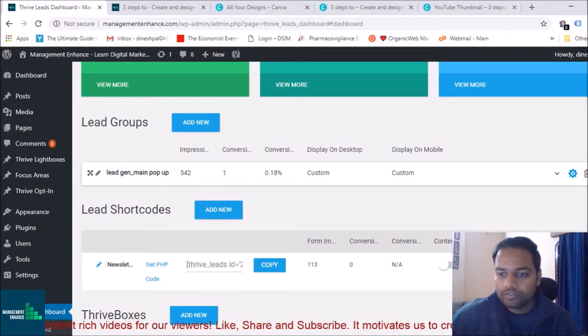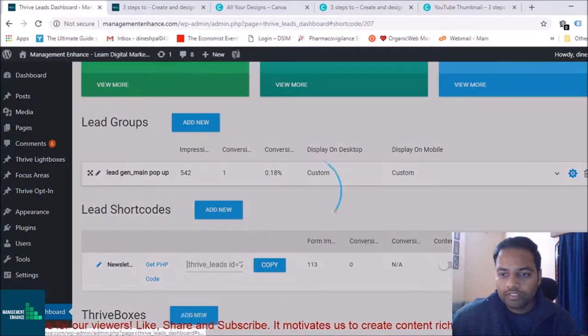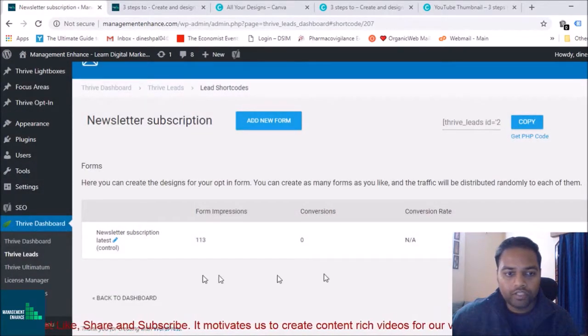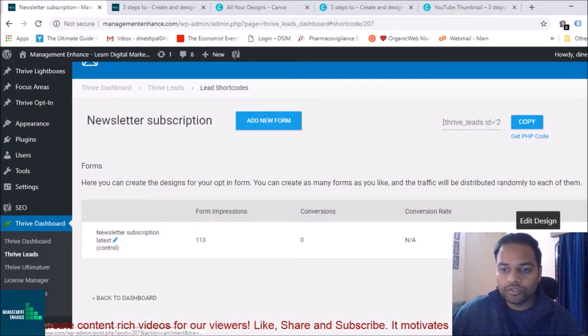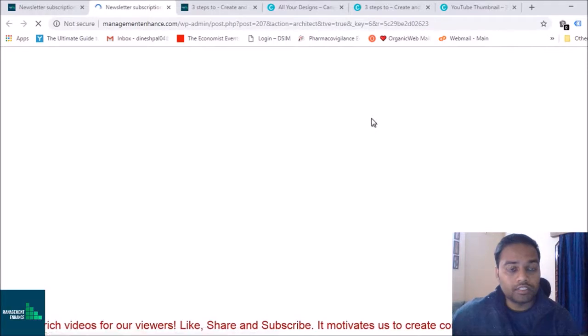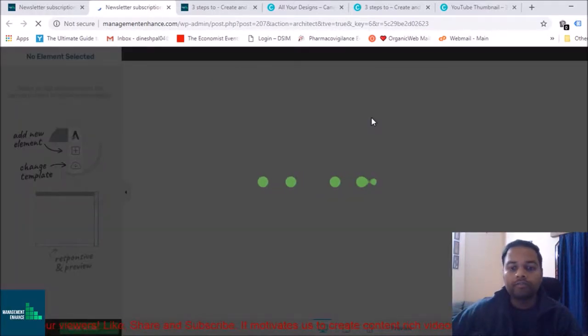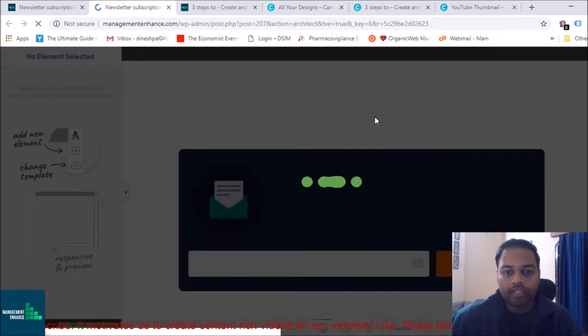If you just go into the edit section of it, and newsletter subscription latest, if you want to add a new form you can do it from here. I'll show you how to edit an existing design, then you can see it over here. See, it will pop up again. It is super simple to add and link, but the linking thing I will tell you how to do